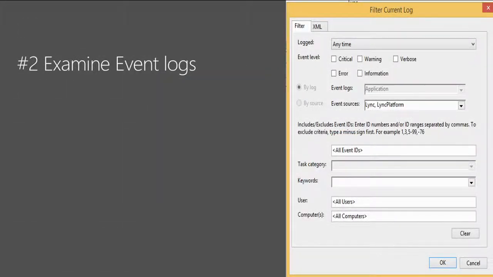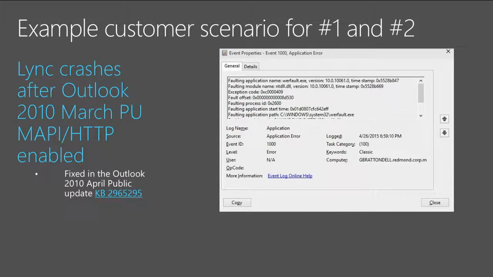Examining event logs. Gabe will later share a particular story where event logs actually helped us uncover a major trending issue, one of the top support issues actually. And what's the scenario? Gabe, over to you. Yeah, okay. So in troubleshooting Lync issues and Outlook issues, and probably Office as a whole, one of the key things we look at when investigating issues is the application event log. In March, and some of you may have hit this, after we released the March public